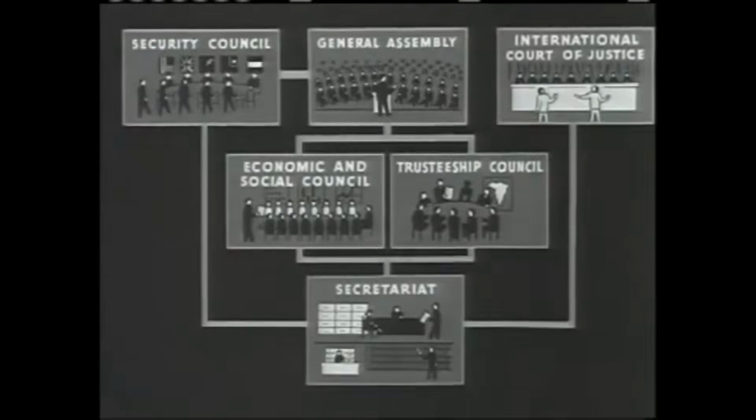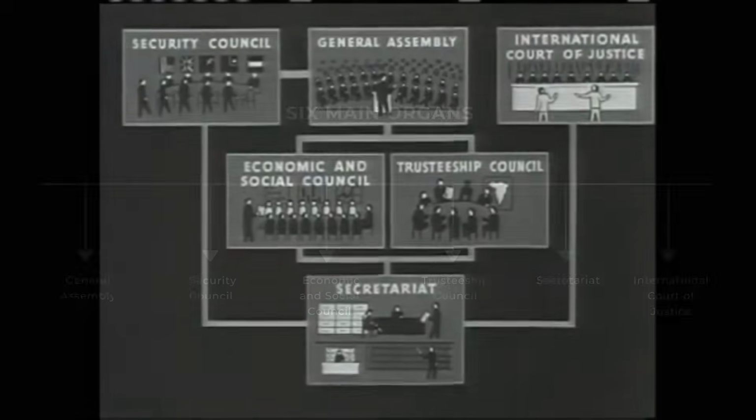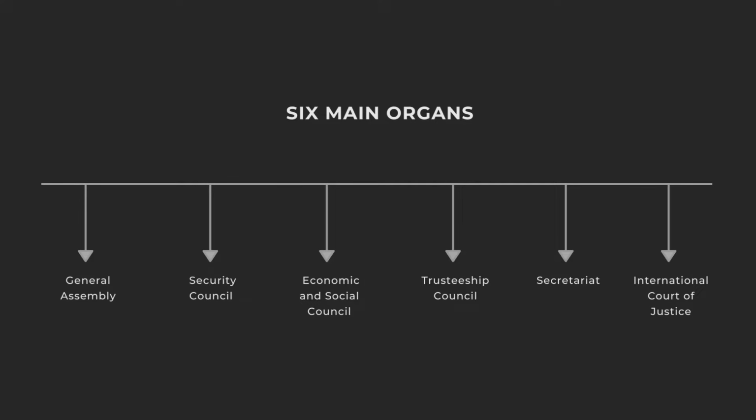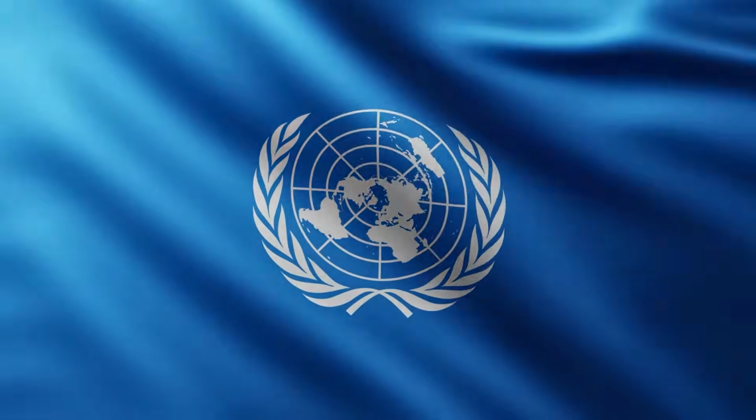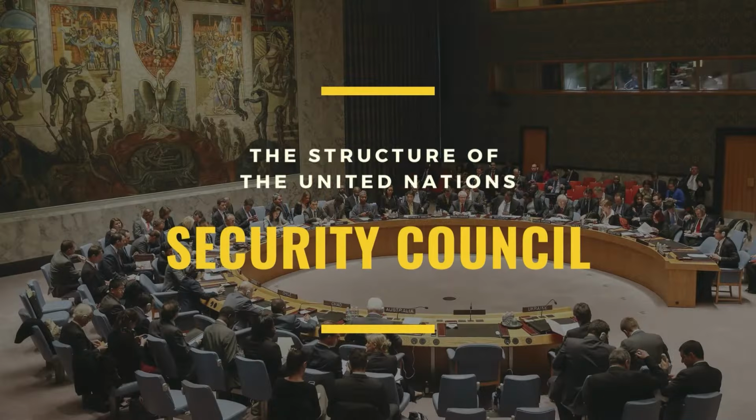The United Nations is made up of 6 major organs, including the Security Council, General Assembly, Economic and Social Council, Secretariat, International Court of Justice, and Trusteeship Council. Each of these organs has a specific role to play in the functioning of the UN. The Security Council is often referred to as the realist heart of an organization with a liberal mission, and it is one of the key features of the UN.